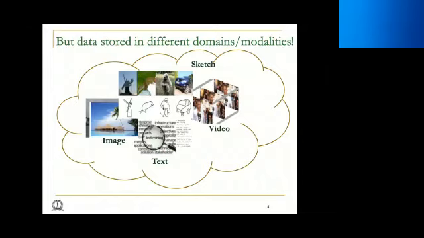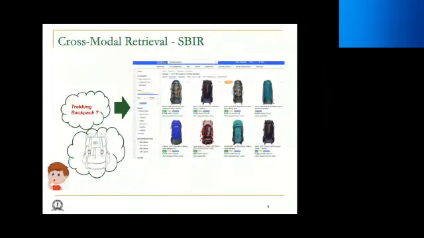But data goes beyond just images and videos, especially nowadays with so many media types coming in. We have data stored as images, as videos, as text, as hyperspectral images, as sketches, and so on. So computer vision, though it started with images and videos, has now gone beyond that, and it includes all these different modalities that we can potentially think of.